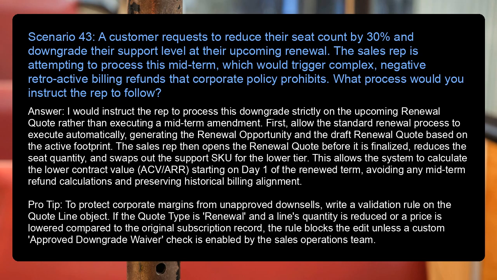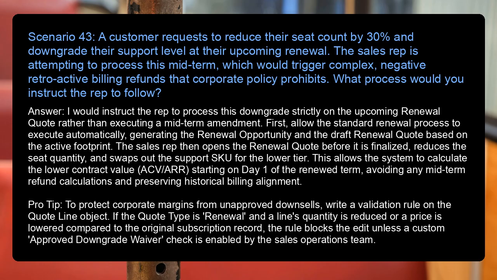A customer requests to reduce their seat count by 30% and downgrade their support level at their upcoming renewal. The sales rep is attempting to process this midterm, which would trigger complex, negative retroactive billing refunds that corporate policy prohibits. What process would you instruct the rep to follow? Answer: I would instruct the rep to process this downgrade strictly on the upcoming renewal quote rather than executing a